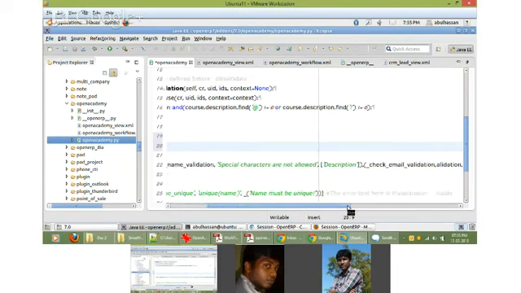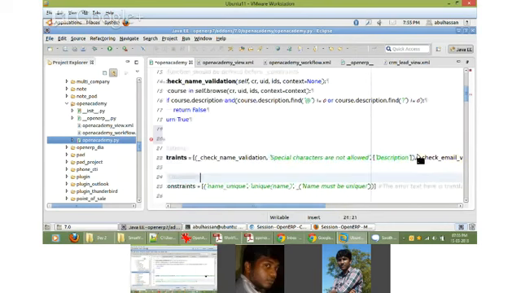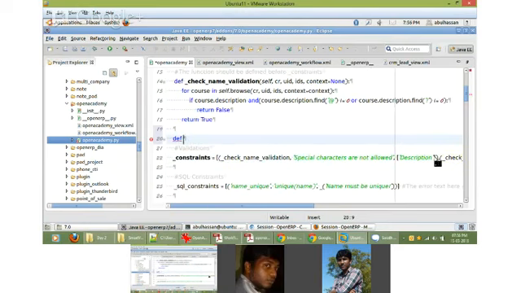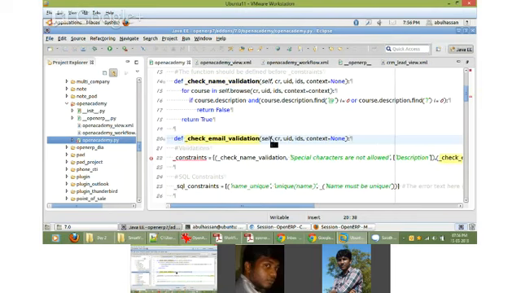Say, in every place if we start with underscore, it means that that method is private. There are no keywords in Python as such to define private methods. If you start with underscore, then it is private. It is implied. See, in every method this will be common: self, cr, uid, ids and context will be common. If there are additional arguments, they will come here, before context.